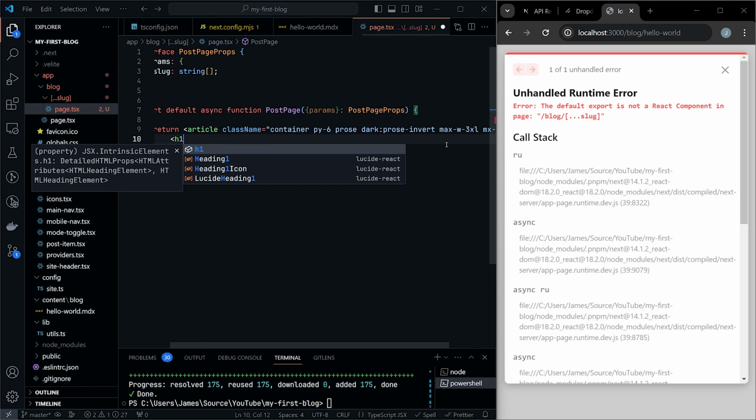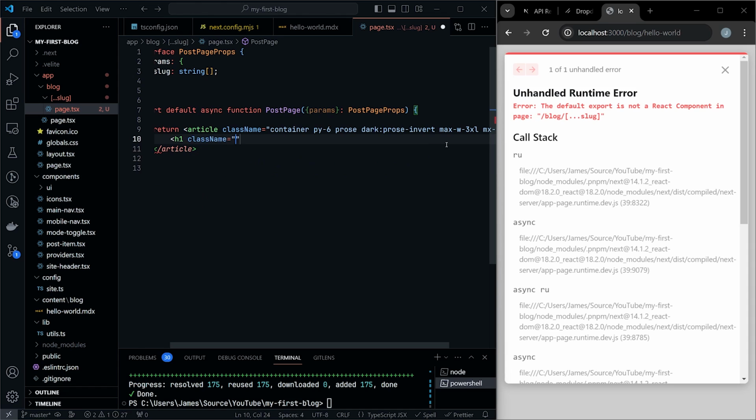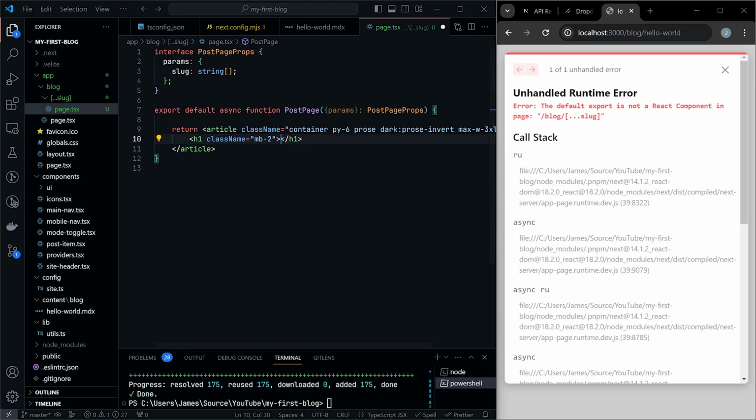And then in here, we're just going to add a heading 1. We'll do className, and then we'll do mb-2, like so. So this heading here is going to be for our post title. So how do we go ahead and actually get the post titles out from our slug? So obviously we have the slug of what the title is called, but now we actually need to get the